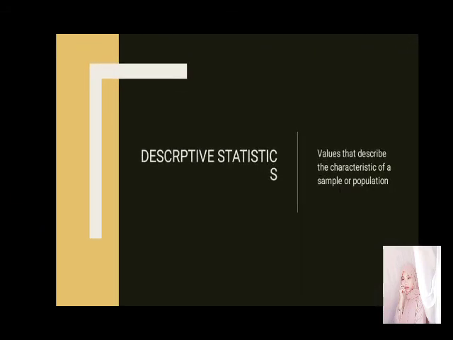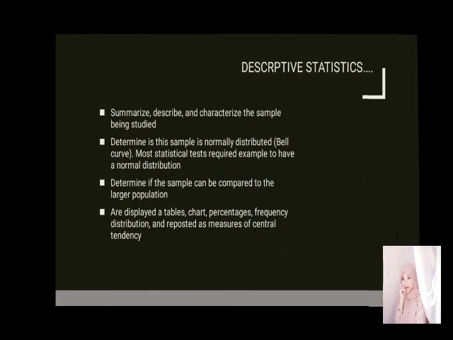Descriptive statistics are the values that describe the characteristics of a sample or population. So we run descriptive statistics so that we can describe the characteristics of our sample and infer that to the larger population. So we summarize, describe, and characterize the sample being studied. We determine if the sample has a normal distribution or bell curve, and most statistical tests require the sample to have a normal bell curve shape. We determine if the sample can be compared to the larger population, and we display descriptive statistics as tables and chart percentages, frequency distribution, and we report